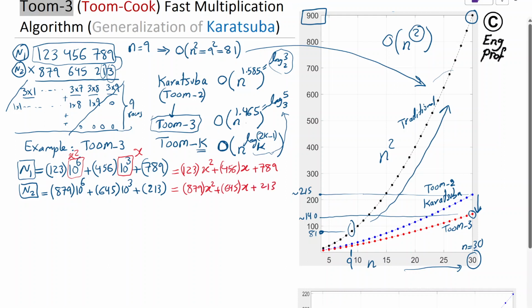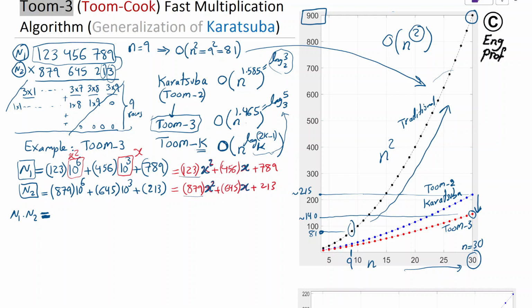Okay, what's the benefit of this? We haven't yet achieved anything. I mean, we haven't improved anything. It's the same 81 multiplications as before. Well, the trick comes after this one. All right, so let's go ahead. We were doing this multiplication as before. So the job is n1 times n2. These are the two polynomials in which we later substitute x with 1000, or 10 to the 3. So if we do so, and if we write this whole thing out, what we end up with is